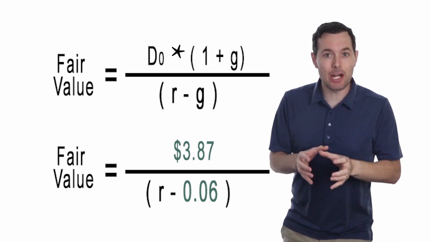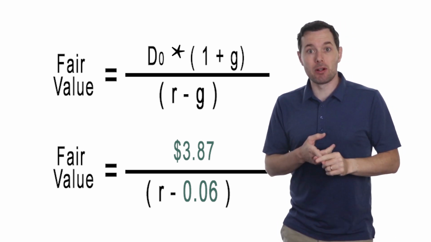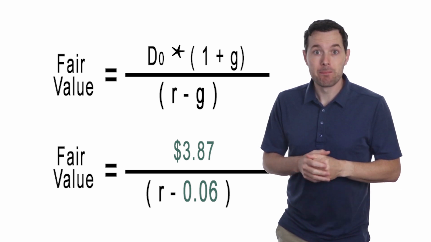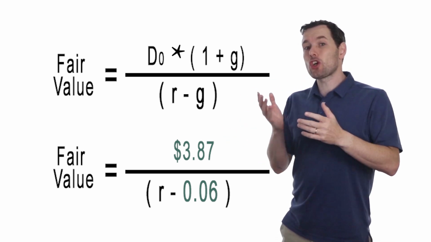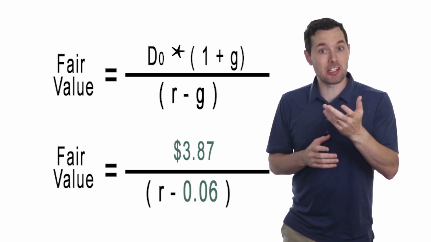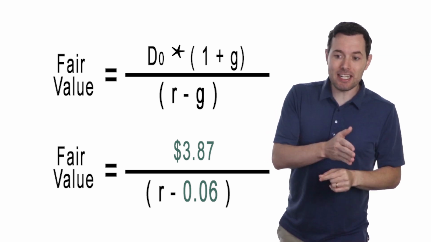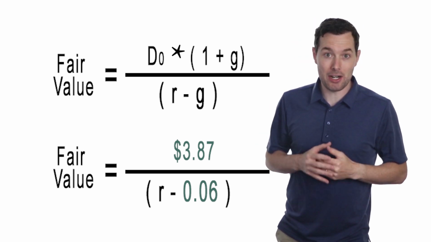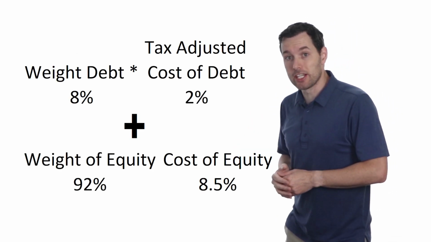I went over how to calculate a required rate of return using the weighted average cost of capital and the capital asset pricing model in our discounted cash flow video. But this process actually takes a few minutes. So if you're not sure how to do that, or if that's something you'd be interested in learning, I put a link in the description below to that video. I set it so that when you click on the link, it should bring you right to the exact moment where we're talking about how to calculate R. But in the meantime, here's some basic data that I used for our calculation.